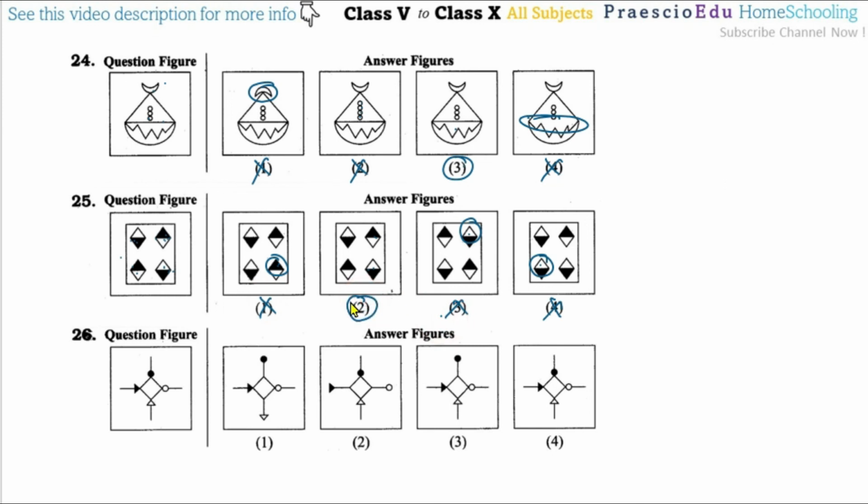Then for question number 26, there is an arrow and small solid dots. As per this one, here a dot is missing, so this is a difference. Then here the matching is there, but this triangle is somewhere else, so that's why this is different. Then after this, this dot is also missing somewhere here, so option number 3 is incorrect. Option number 4 is perfectly matching with all considerations, so option number 4 for 26 is similar.